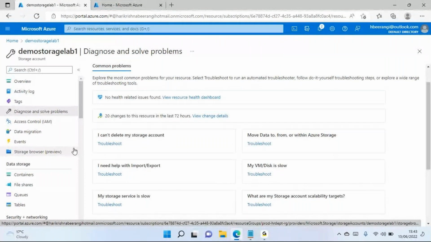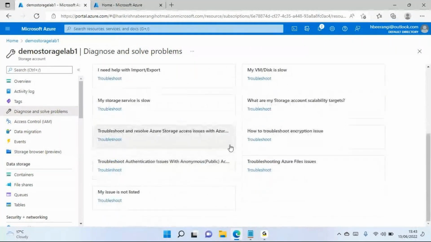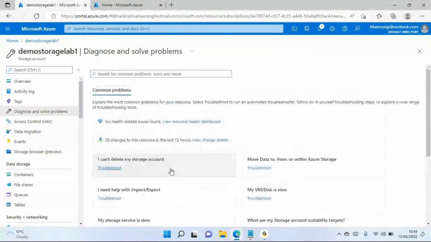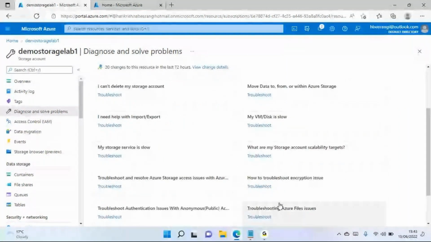Okay, so now we have got multiple common problems where you can use this feature in case of any issues. And if you are facing any issues out of these problems, you can directly search on the internet through Microsoft documentation. If not, you can go for Microsoft technical support. Okay, so now,